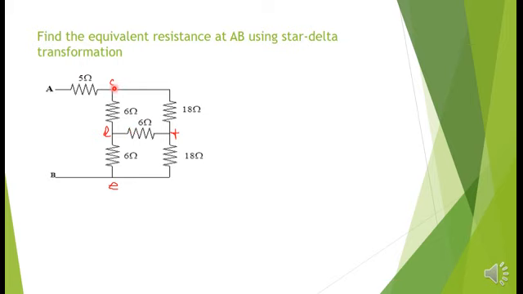Whereas if I consider a star with center D, all these elements are 6, 6, 6 ohms. So I prefer transformation of this star to delta only because these star element values are the same. So conversion is easier, nothing else. Remember, only because these values are equal. So you can opt for transformation of the other star also. But I am considering this star to delta now. So what is the formula for star to delta conversion?